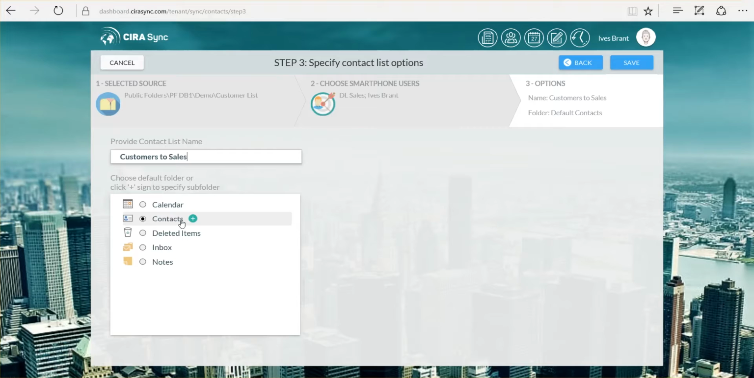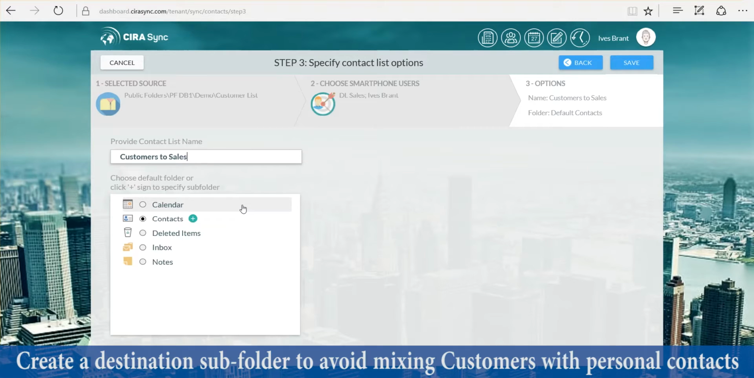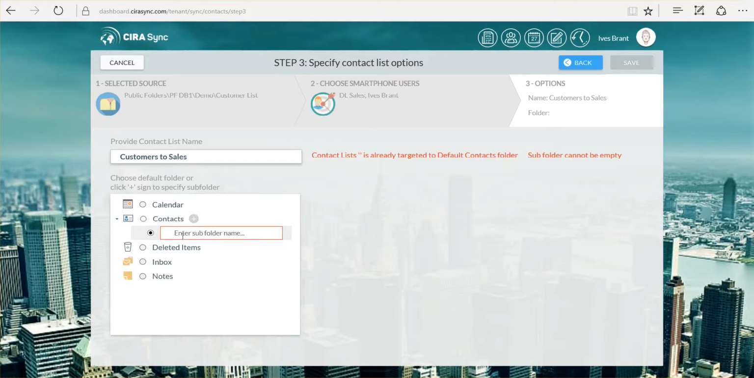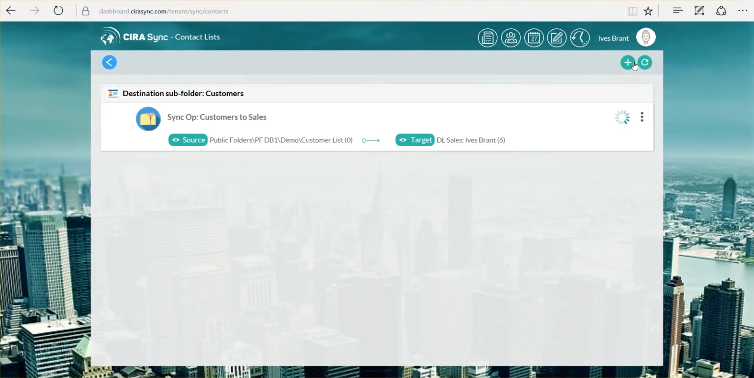Carrying out the sync would normally put the contacts into a subfolder called Contacts, but in order to not mingle the customer list with personal contacts that are probably already on every smartphone of your sales team, let's create a new subfolder by clicking the plus sign, and we'll call it Customers. Again, go to the upper right, click Save,